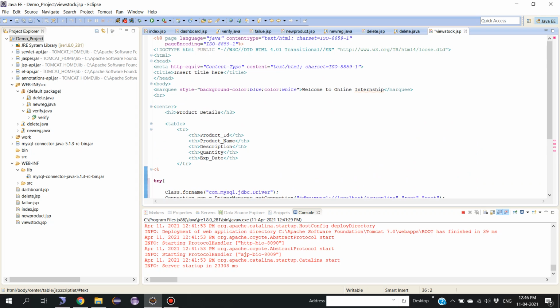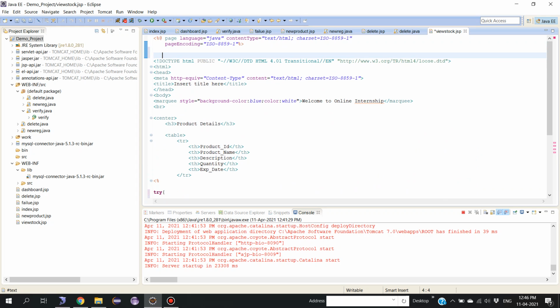So here to import the package, we should not use the script tag, we should use the directive tag. Directive, how to start with the directive tag? Less than percentage at symbol. To import the package, we need to use the directive tag. The directive tag always starts with percentage and at symbol. Page import